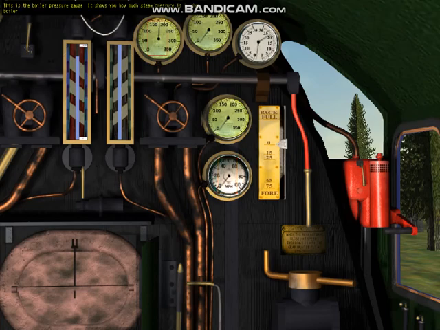This is the boiler pressure gauge. It shows you how much steam pressure is in the boiler. The regulator and reverser we just looked at allow you to use the steam pressure